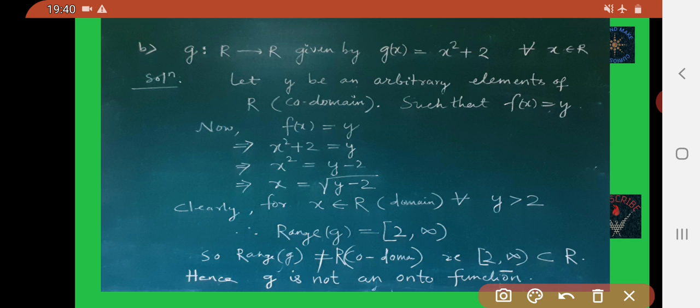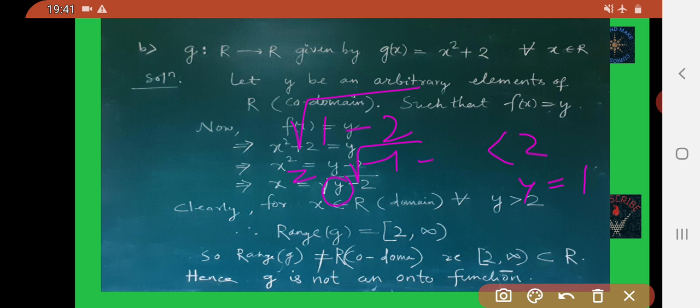Now you see, if y value is less than 2, then you get this value. Suppose you take y equal to 1, then the root of y minus 2, that is the root of minus 1.